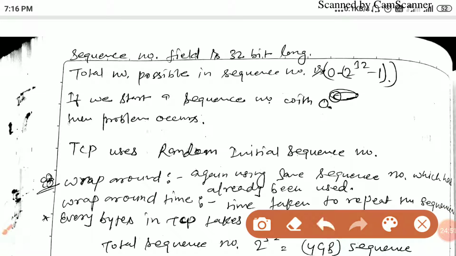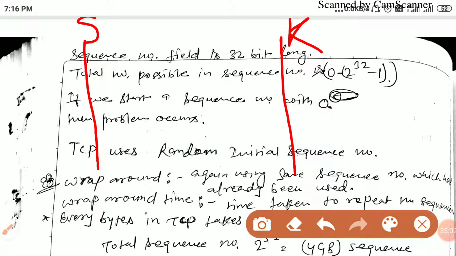Suppose there is a sender S and a receiver R. Try to understand this. Suppose there is some byte stream which I need to send.